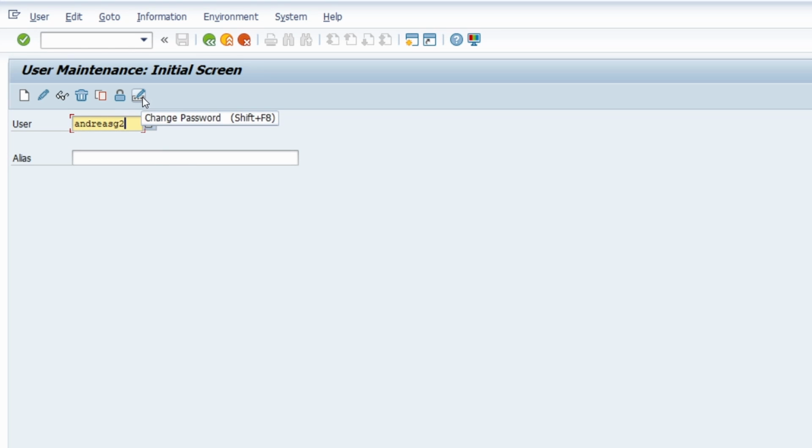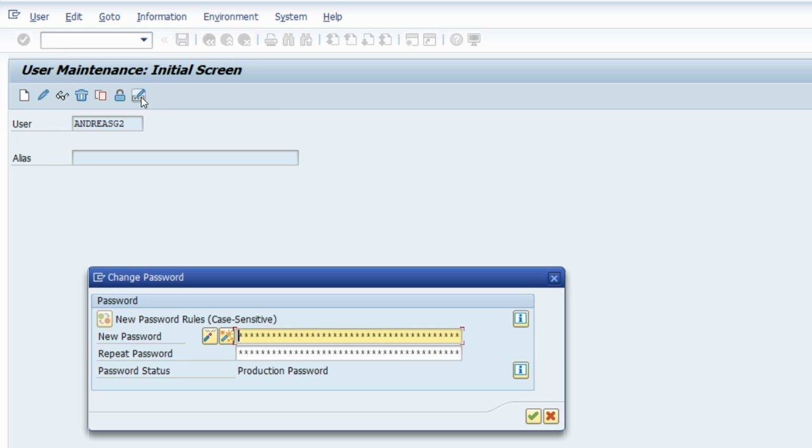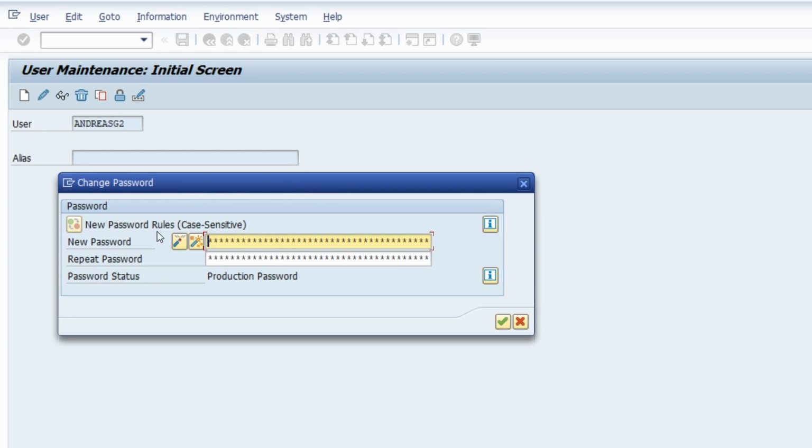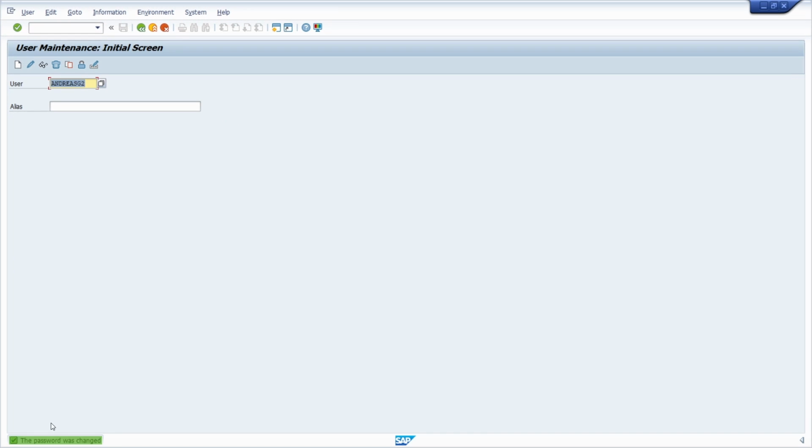And over here, you have a button called Change Password, also executable with the key combination Shift and F8. And once you've hit this button, there you can type in a new password. So in this case, I'm typing in a new password. And then if you want to, you can read this information over here, or maybe the password status info. And once again you hit the enter key on your keyboard or click on this button, then this password has